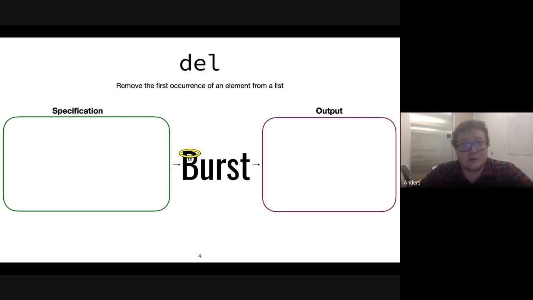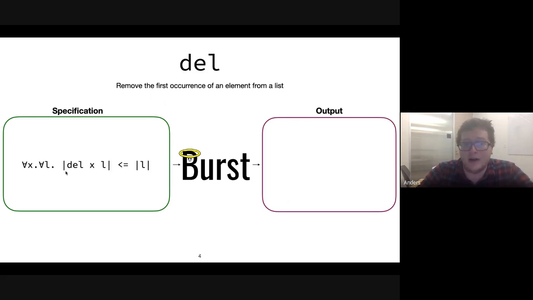The idea is maybe if you write the spec as writing the code, that's a way of building some form of a specification. But let's say that I want to remove the first occurrence of an element. Unfortunately, this kind of specification is a little bit difficult. It's not easy to turn into some sort of specification besides just writing the code. So I'm going to over approximate it.